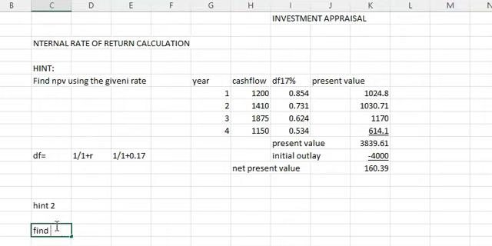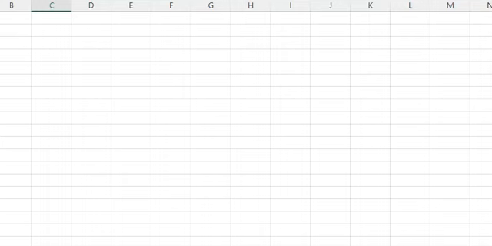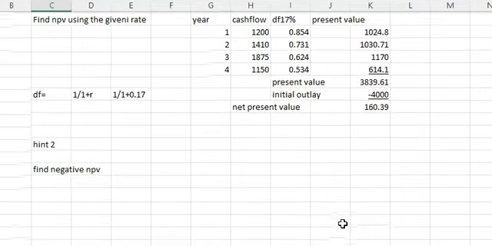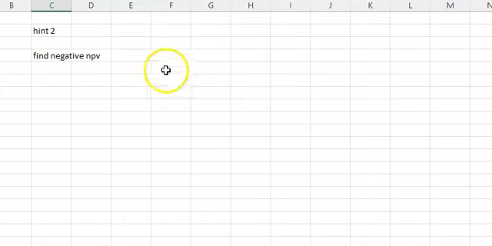Find negative NPV. How are you going to find a negative NPV, which is an NPV which is negative? How are you going to find that? Okay, just a little bit. So this is what we're going to do. You start again by saying here